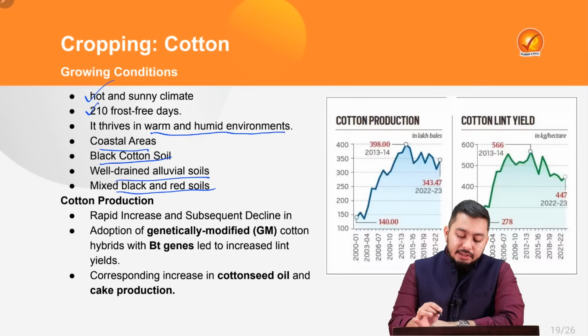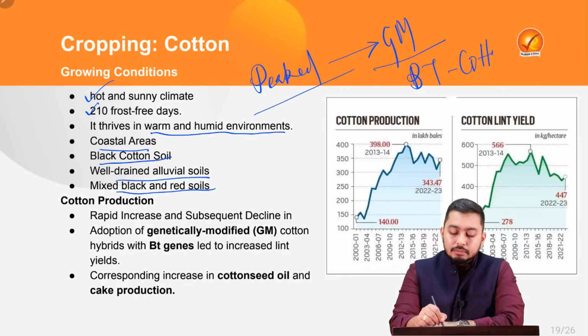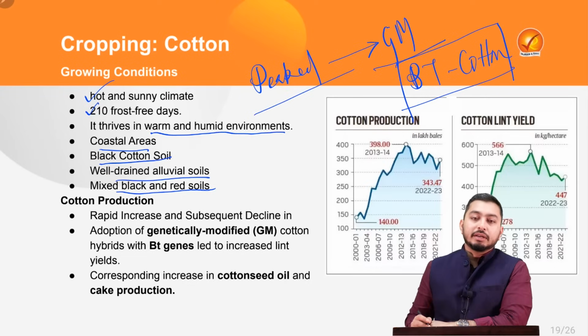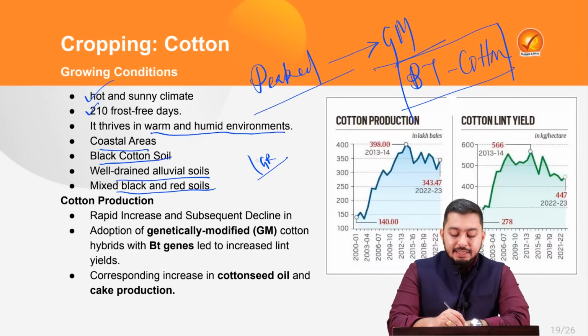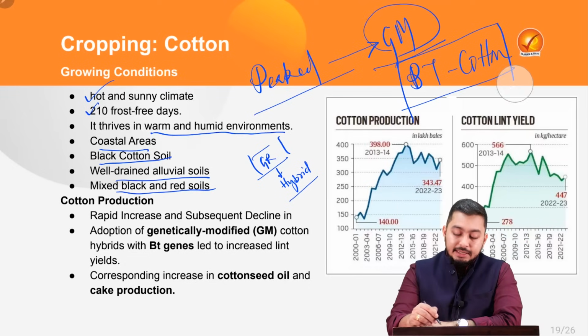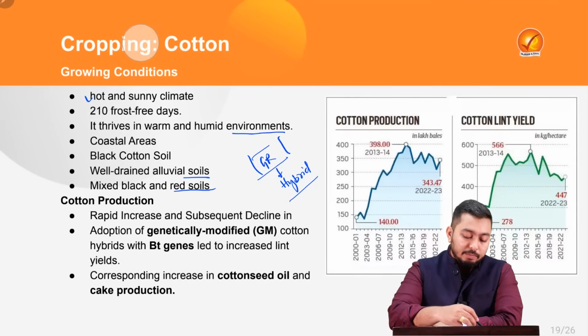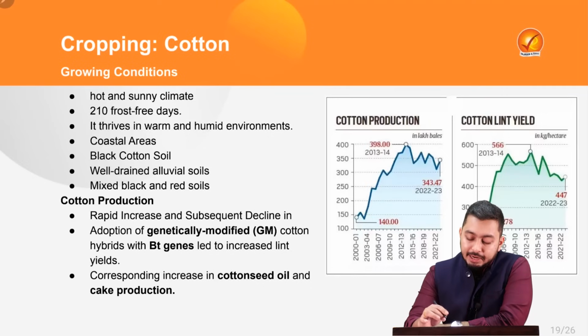But you will see that our cotton cultivation really peaked not under normal cotton but under GM cotton or BT cotton. Genetically modified cotton has been a success story, right? So the way we have seen that in green revolution we went for hybrid seeds, similarly, in case of cotton, we went for genetically modified seeds and essentially BT cotton. So Bacillus thuringiensis. Now, today what we are seeing is that cotton production has almost trebled, but then it